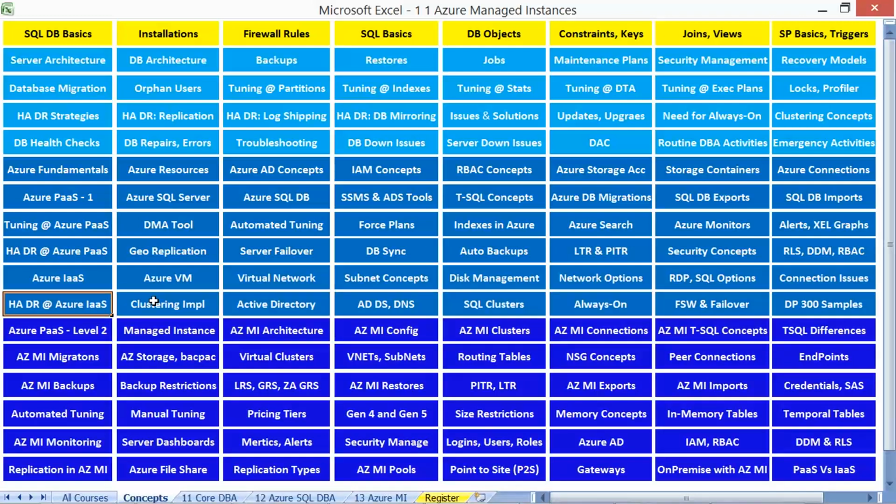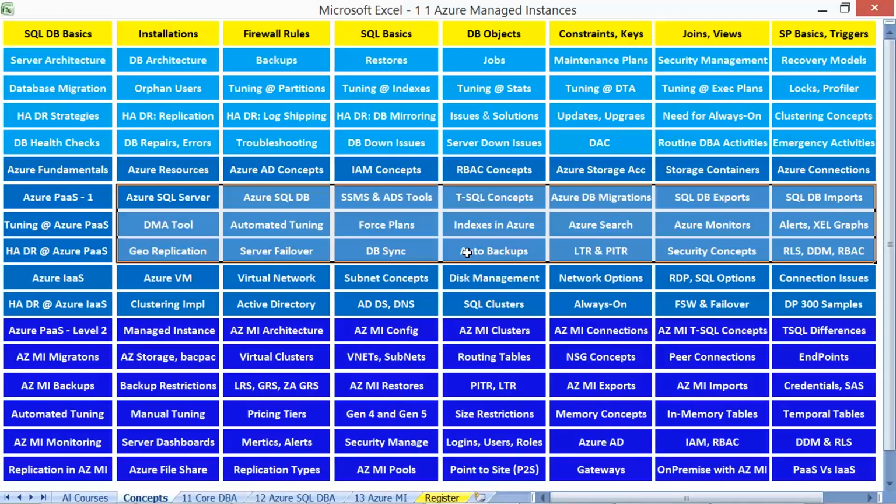Reason: the clustering implementation and always on implementation are included using Azure virtual machines with IaaS, infrastructure as a service environment. So in Azure, we'll be starting from the very basic fundamentals of Azure to resources and Azure AD concepts, identity and access management activities with security and privilege allocations, role-based access controls, storage accounts, containers and connections, with various migration and tuning concepts, HADR activities.